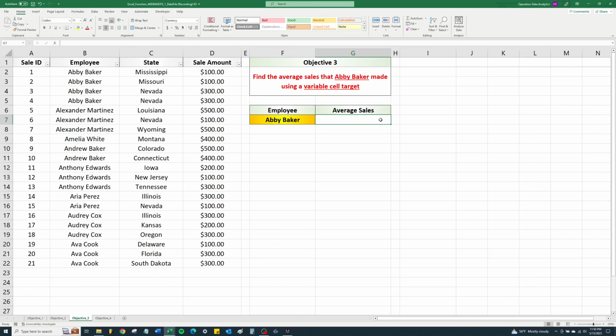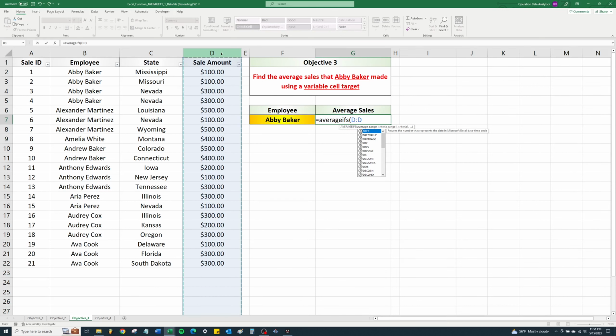So I'm going to go ahead and click on cell G7 and type equals AVERAGEIFS, open parentheses. And again, our average range is going to be column D. So I'm going to go ahead and left click on column D, followed by a comma. Criteria range 1, since we're looking for Abby Baker, is going to be column B. So I'm going to go ahead and left click on column B,